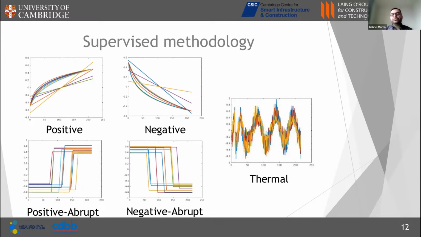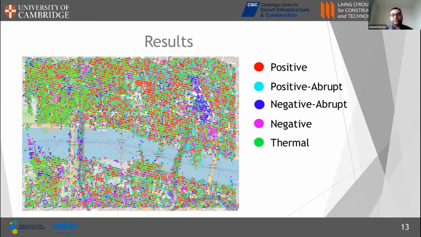So we are going to train our network with these synthetically generated patterns so that we can apply this approach to detect those patterns on the ground. For instance, this is the result that we obtained with this supervised approach. In this case, it detected with the negative abrupt pattern the region around the Bank metro station where the tunneling